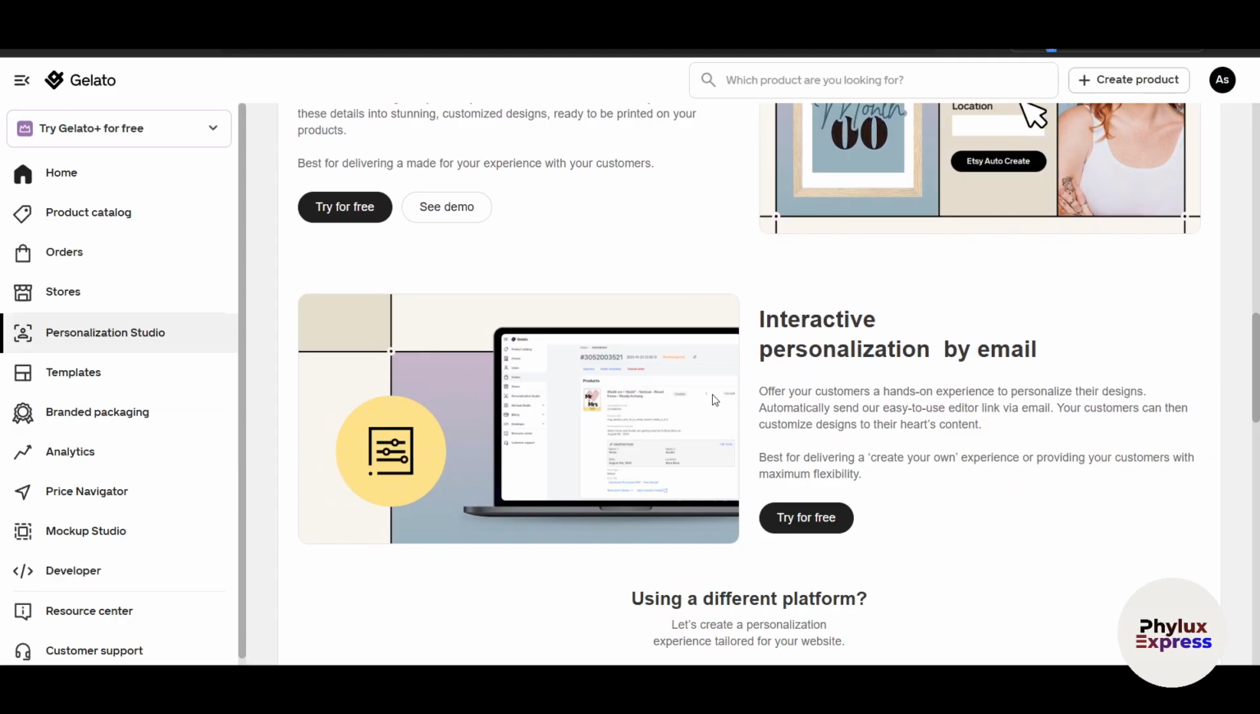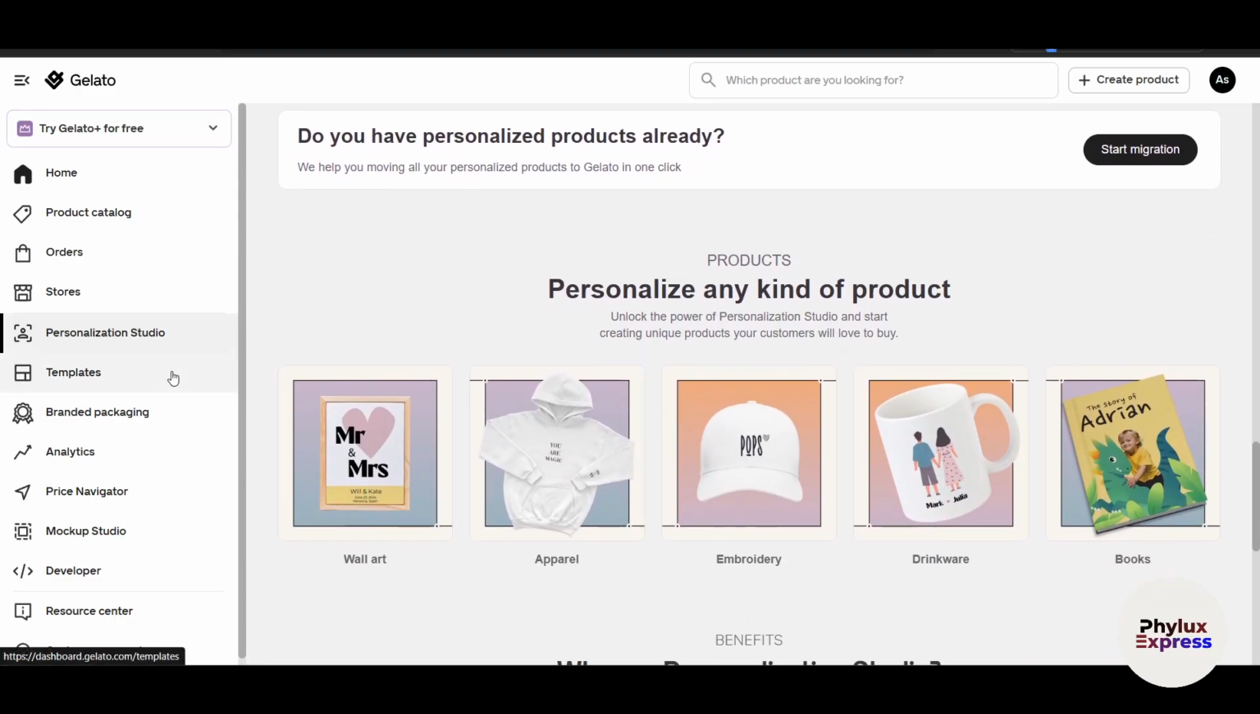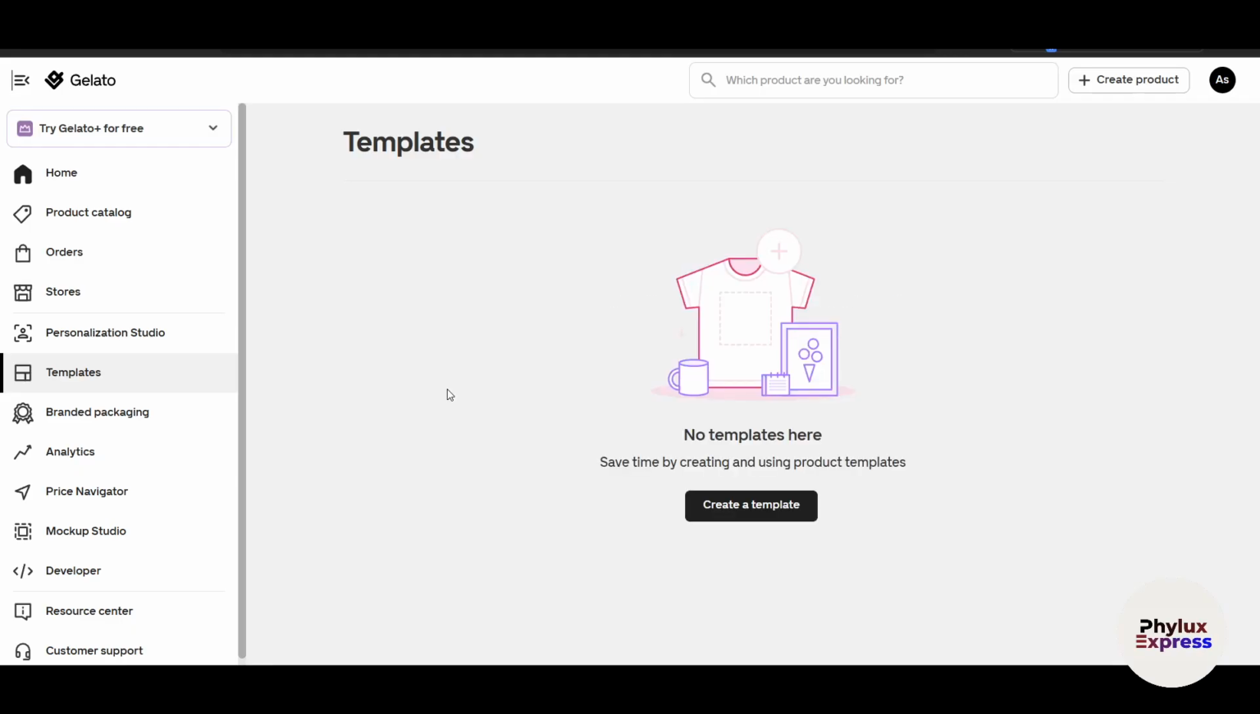You can just go and click on try for free. It also gives you interactive personalization by email, right? So there's a lot of features, right? And if I just keep covering each and every feature of Gelato, then this video will become really long, right? So I want to stick to the main thing, which is how to use Gelato on Shopify